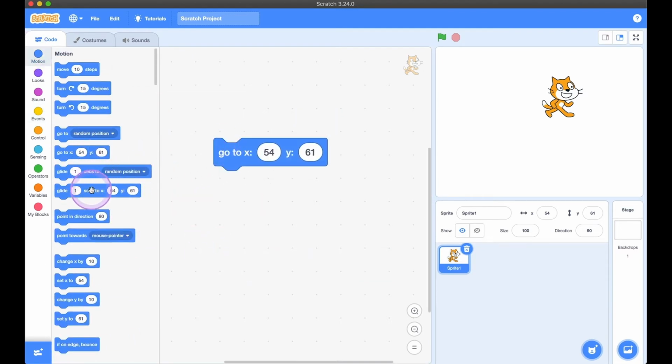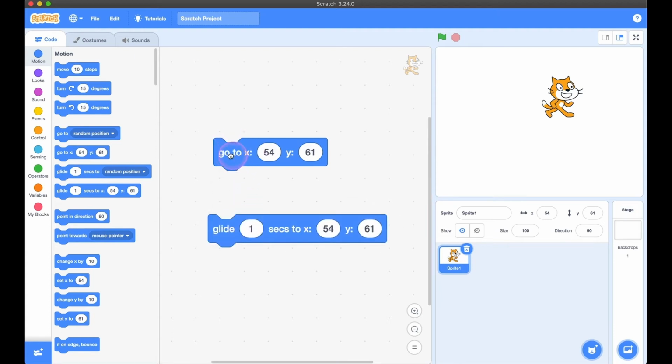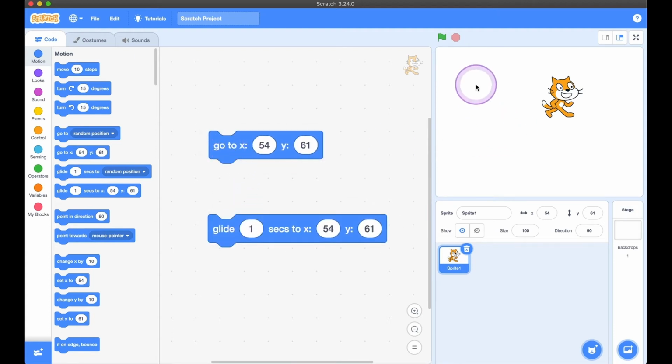Now let's go ahead and look at these guys. Instead of going to a random position or where my mouse pointer is, this one goes to a specific grid coordinate. So if I want Kitty to go to the center of our grid coordinate, I can set it to 0, 0, and Kitty gets placed there. So for this one, just like what we did before, if we wanted to take 3 seconds for it to get to coordinate 54, 61, then when we click on it, it's going to take 3 seconds for it to reach